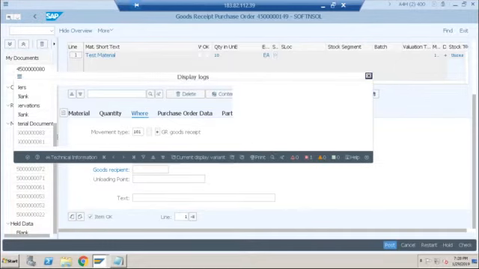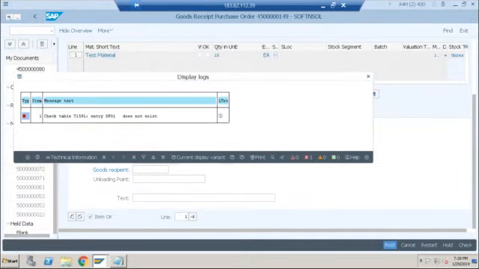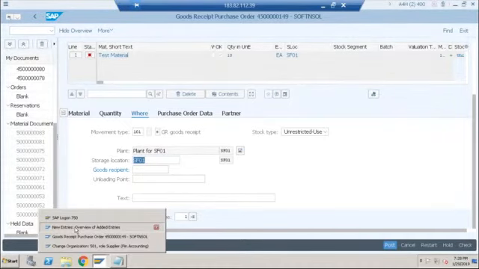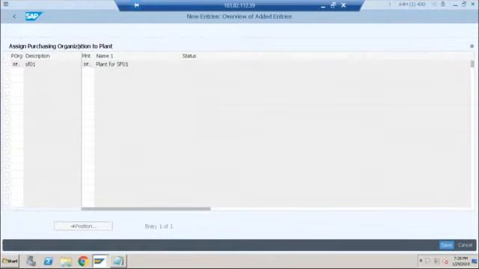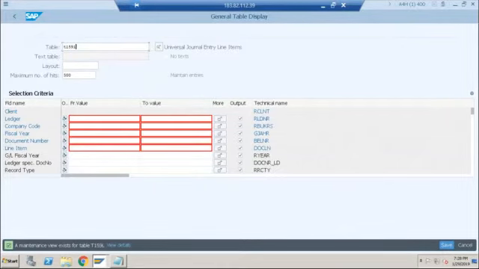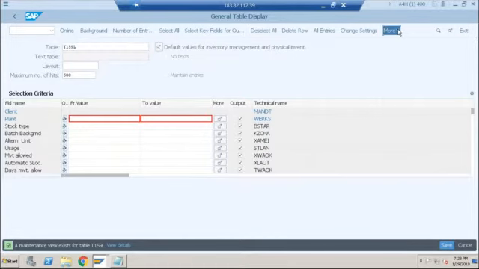So this is another error, T159L. Let me maintain this config. Let's go to table SE16N and T159L. Okay, again, don't worry about this. This is related to inventory management. So let's go to more, and if I can maintain via